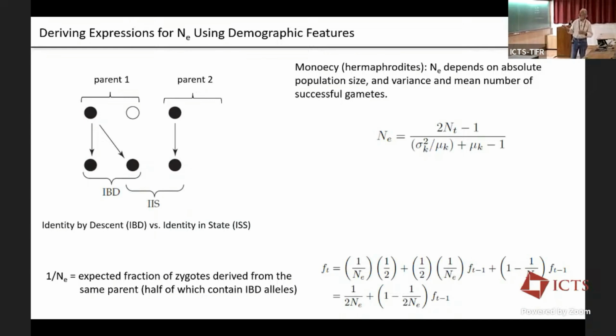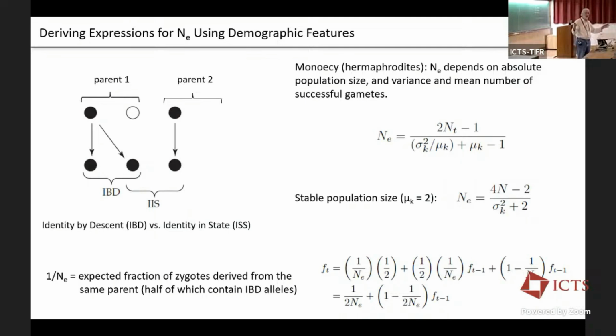And here the effective population size depends on 3 different things. So it's nice to see it's positively related to the actual number of individuals in the population. That might be intuitive. But it's also related to the variance in the number of gametes, the variance in family size among individuals, and the mean number of progeny produced per individual. And so this can even further simplify. If we assume the population is stable, then everybody has 2 kids on average, and we plug the 2 in here, and that's our formula. And this nicely shows that the effective population size declines with the variance in family size among individuals.